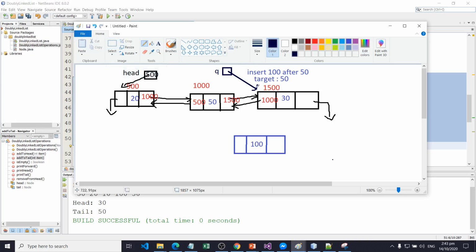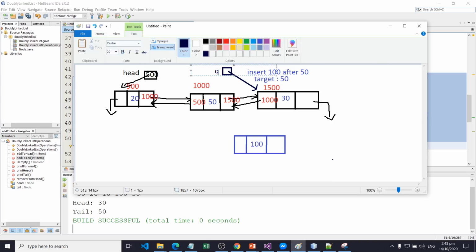So in order to alter these links to this new node, first we need to have the current. This is our current node, and it is pointing to this node.